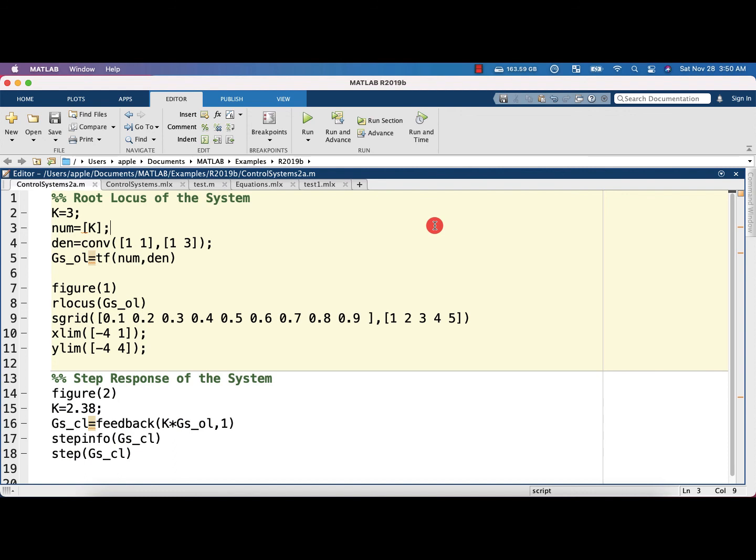So in this video, if I conclude, we have seen the root locus for different positions of the poles and zeros, and we have seen how the addition of a pole and a zero affects the root locus. And then we have seen the MATLAB instructions for sketching the zeta lines and the omega n, which are very useful when we will be designing the compensator in the upcoming lectures for a particular system.